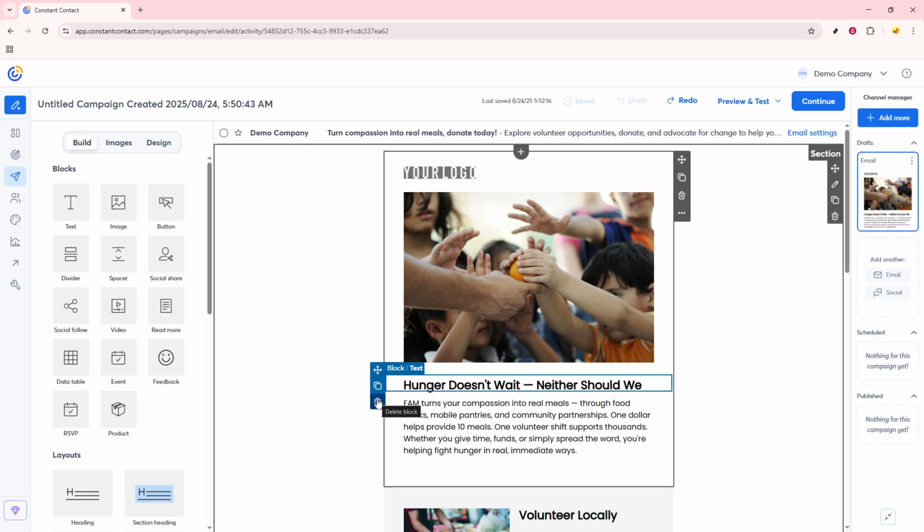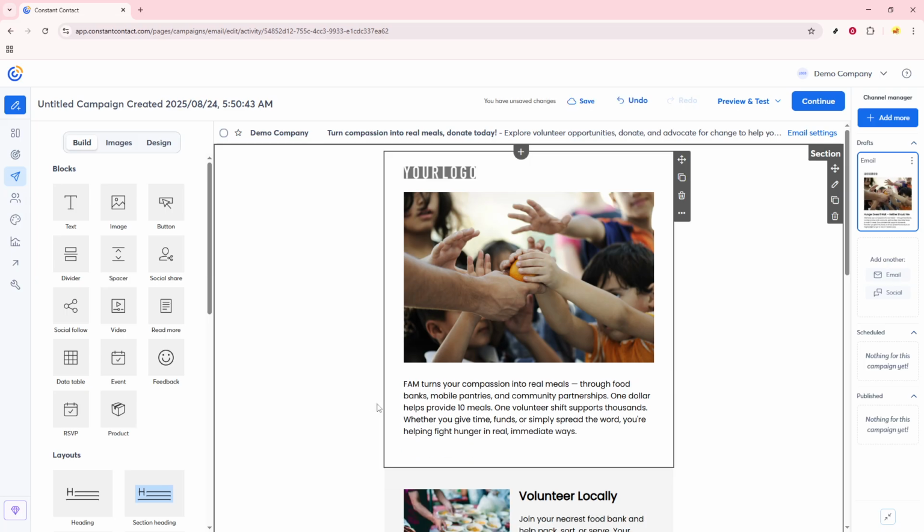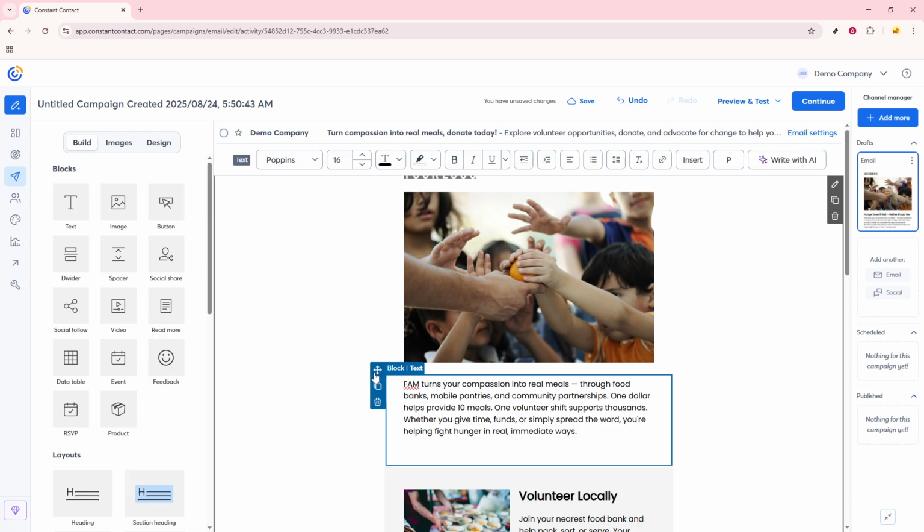When you see the trash icon pop up, go ahead and click on it. This action instantly removes the text box from your template. It's as simple as that, quick, easy, and efficient. This tool is a great way to streamline your email and ensure that only the most relevant information is being